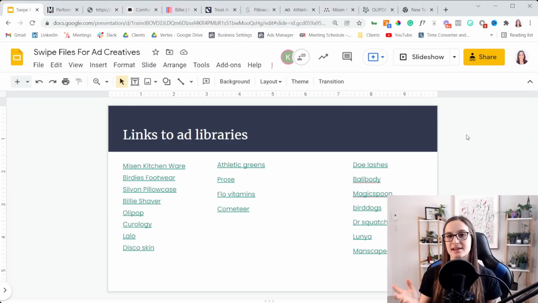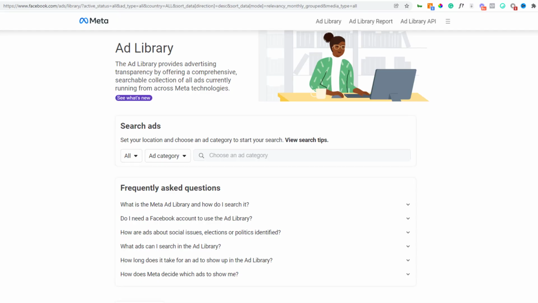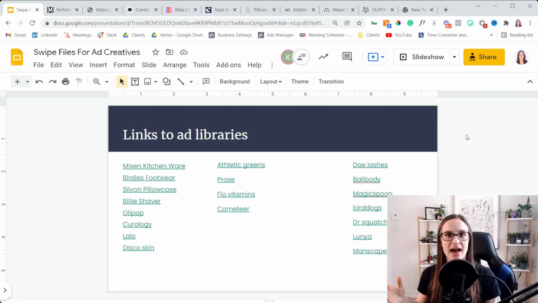So what I've done is I've saved this swipe file of some ad creatives that I have seen on my own personal newsfeed, and I've saved those companies into this swipe file so I can just refer back to them when I'm looking for some inspiration. So these are some of my favorite companies that are running ads on Facebook or Instagram, and I've just linked to them here. And I've opened up all of their ad libraries, which, if you aren't sure what ad library is, it's just like this platform offered by Facebook where you can go see basically anyone's ads that are currently